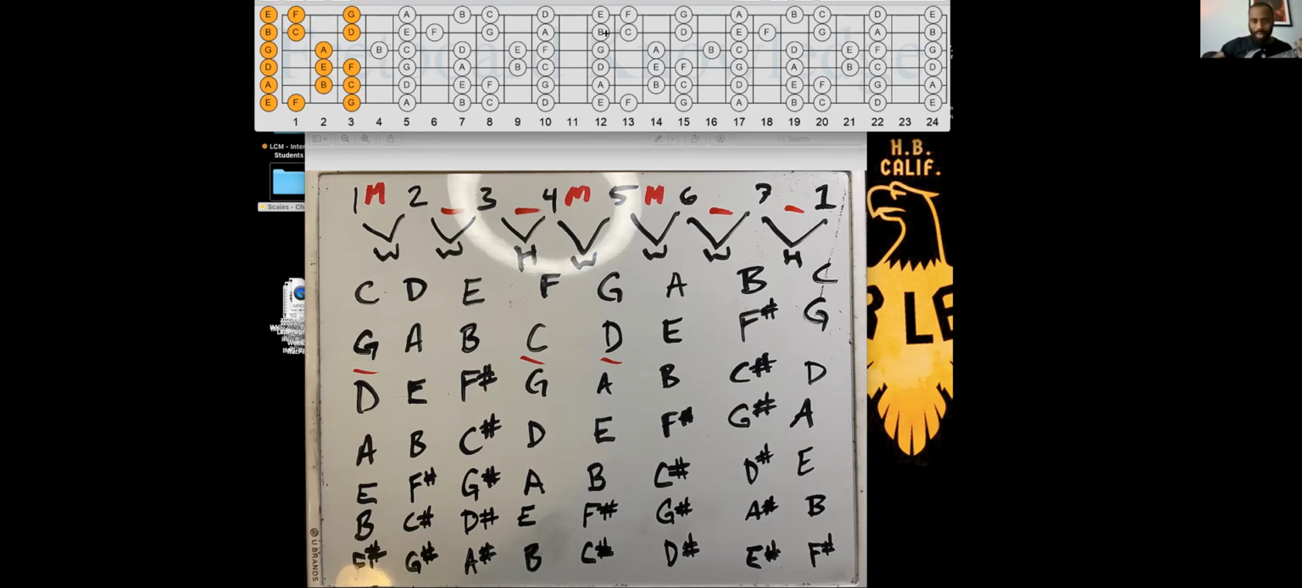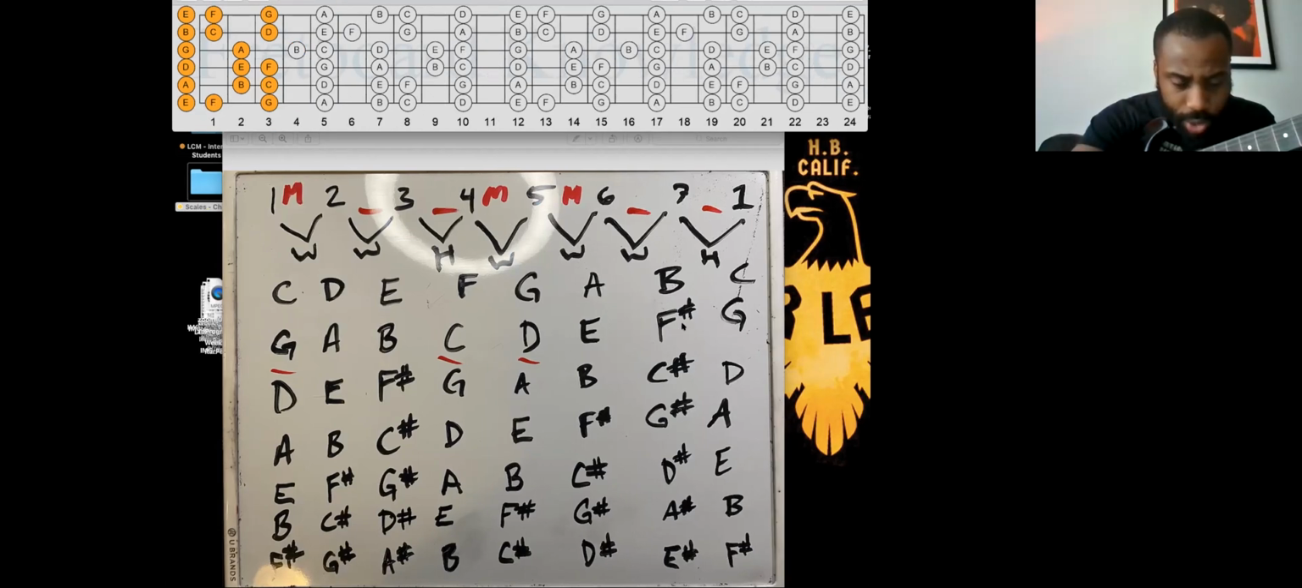This is for the C scale. Here are all the notes you can possibly play in the C scale from the first fret low E to the 24th fret high E. Okay, I see. And the reason is because none of those notes have sharps or flats. So then if we had G, A, B, C, D, E, F sharp, G, then that's a G